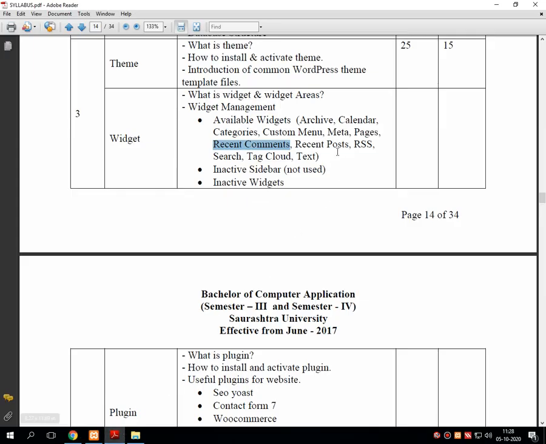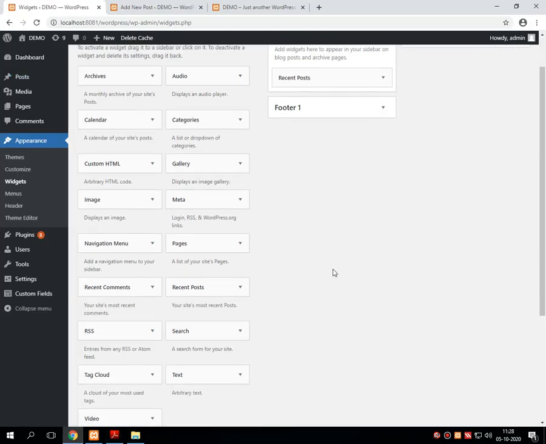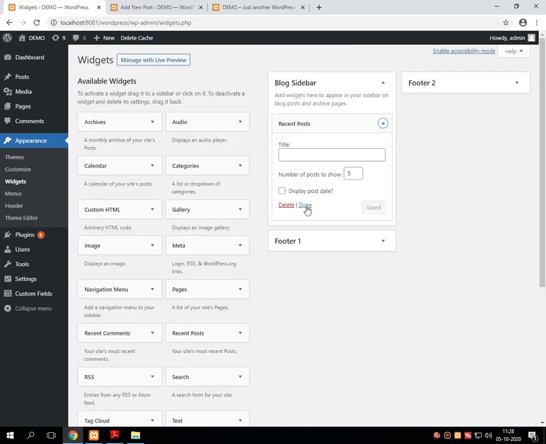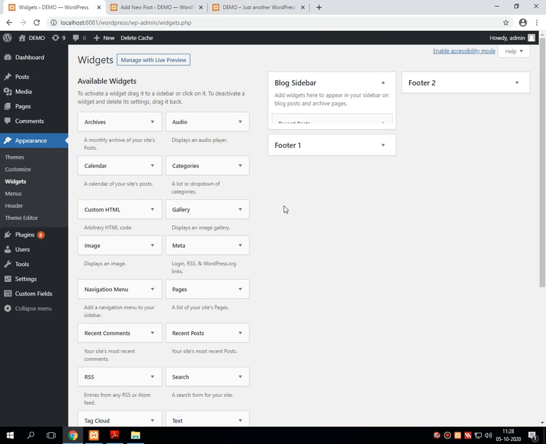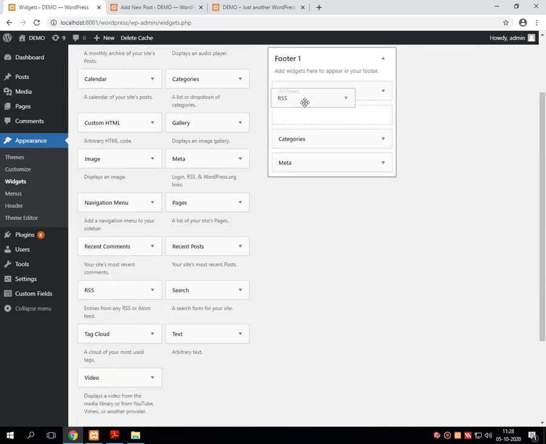Now let's go for another widget, that is RSS. I'm removing this recent post and I'm putting this RSS over the footer.